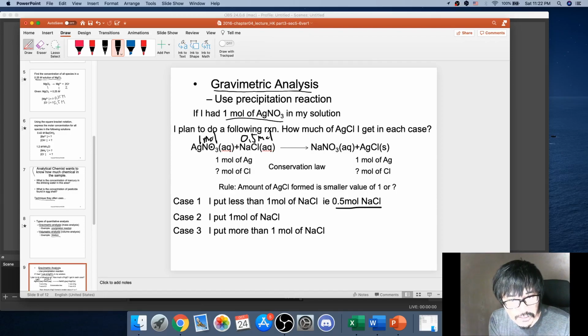So obviously not all of the AgNO3 is going to react, because I have only 0.5 mole of NaCl. So 0.5 mole of that is going to react with 0.5 mole of this to form 0.5 mole of that, and 0.5 mole of this, right? If I put in 1 mole of NaCl, then the reaction is 1 to 1 to 1. So for this particular case,